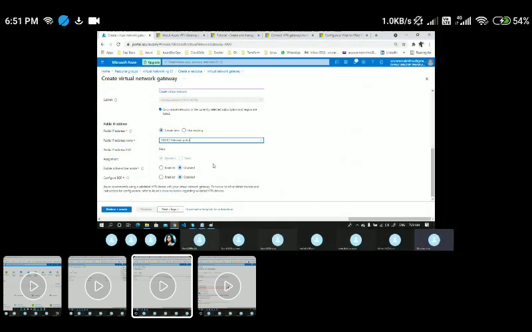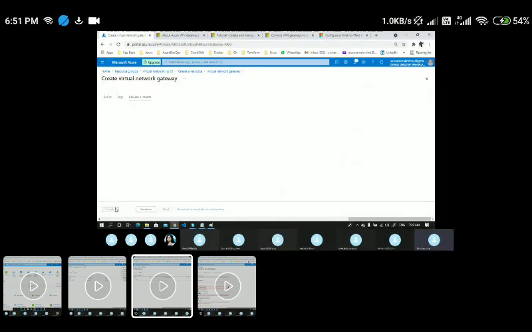And the rest of the options I'm going with the defaults, and let me click on create.